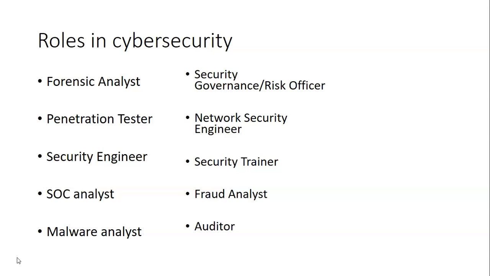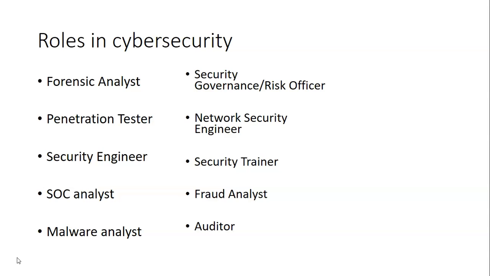A malware analyst will analyze a piece of malware to discover its functions. Security governance and risk officer is more of an administrative person. They govern the security activities of the organization. They ensure the organization is in compliance with rules, with policies, with frameworks. Now, network security engineer is responsible for security across the network. They are mostly the ones that manage firewalls, switches, unified threat management devices, and any other device that helps network